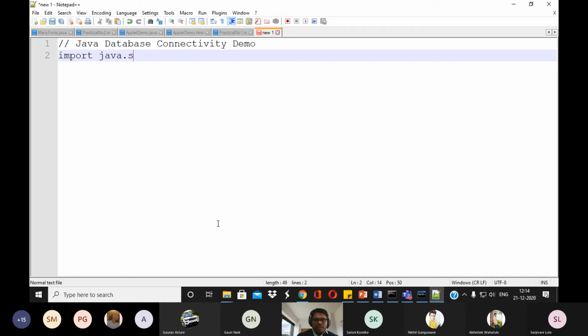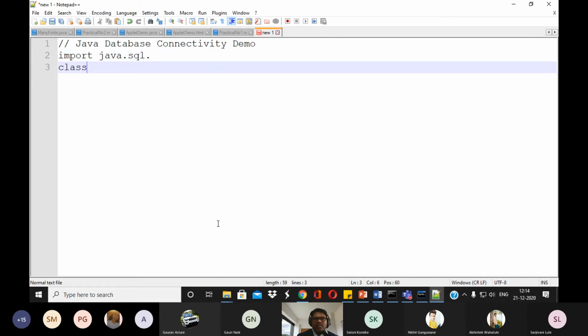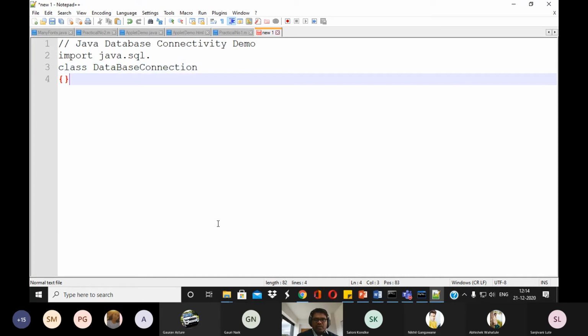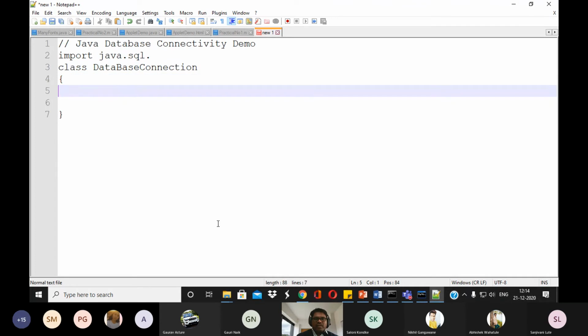So import java.sql.*. Okay, then write down the class name. We can say DB connection, database connection. This is the name of your class, and you can write the public